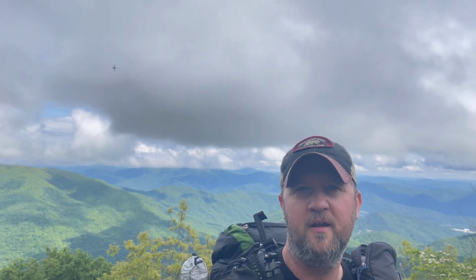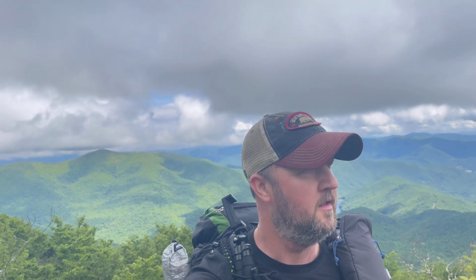I made it to the top of Lane Pinnacle. View's not too shabby. Oh, that's what you work for. Yeah, the last 4 miles have been brutal. The climb up, I think I already mentioned it, from Rattlesnake Lodge to Rich Knob was a pretty killer climb, and then you kind of run up and down the ridgeline, but it was all really overgrown. I mean, fighting through these tall grasses and a lot of slick slanted rocks, so I had to really take my time and watch my footing. And then this last climb up Lane Pinnacle was a butt kicker, but man,